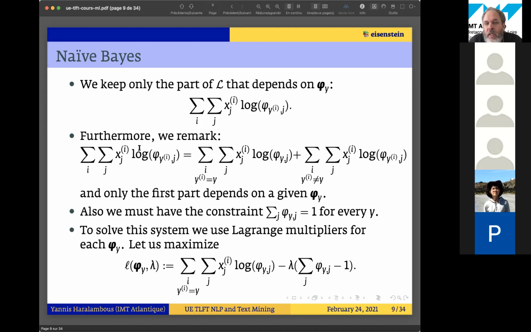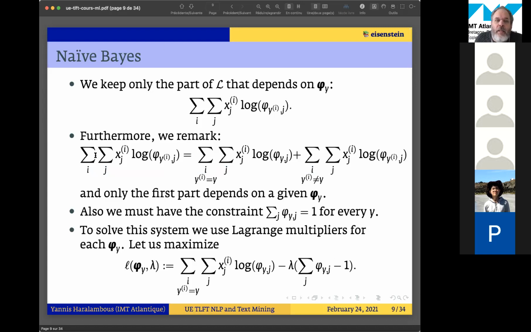So what is this y? y is the value of the class. So this is something I want to predict. And here I have documents. And each document has some value of the class. So I'm training, so I know the classes of my documents. And I'm interested not in the phi of a given document, so a phi of the class of some document, but phi of some class y.